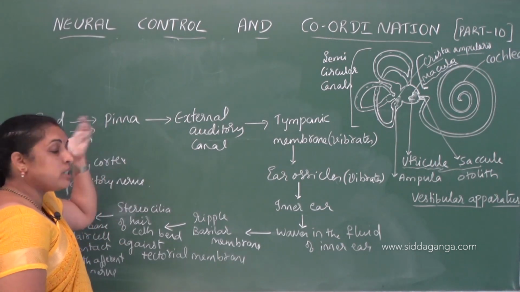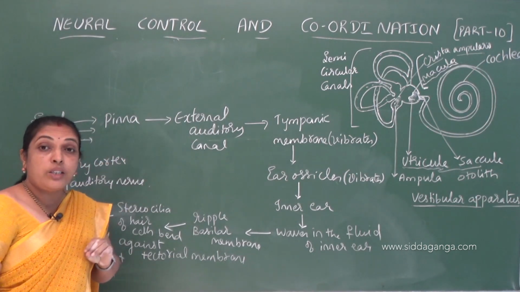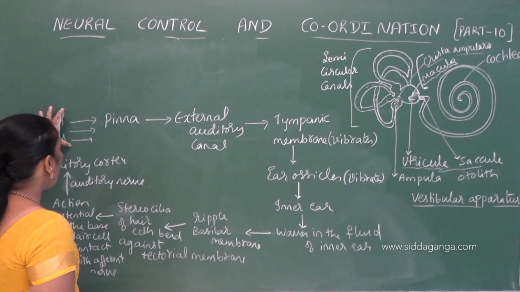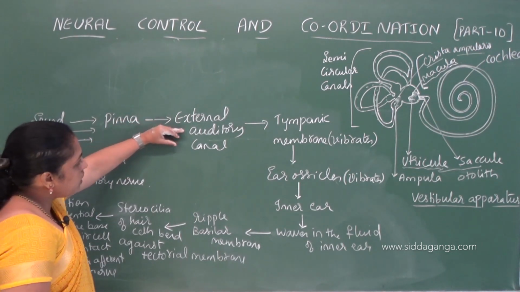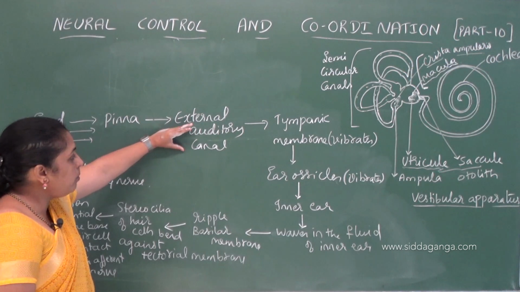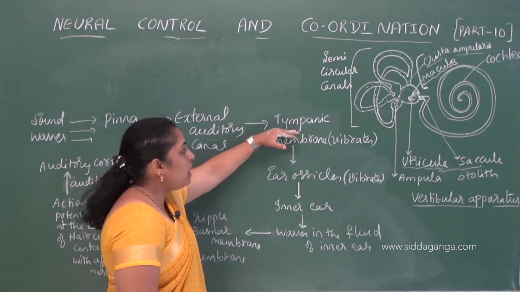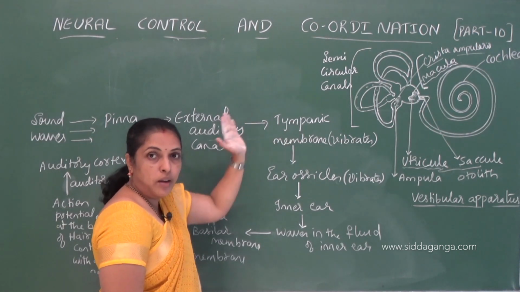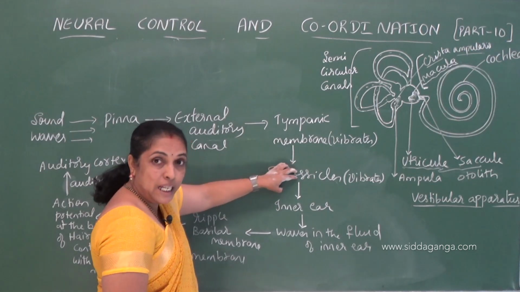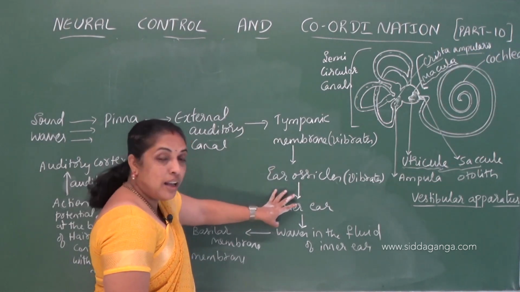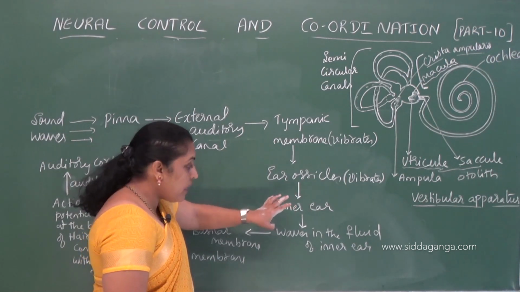but it collects all the sound waves and directs them to enter the external auditory canal. So when sound waves reach the pinna, they are directed to enter the external auditory canal or meatus, where they reach the tympanic membrane. Once they strike it, the tympanic membrane will start vibrating. Those vibrations are carried by the ear ossicles and transferred to the inner ear, and in the inner ear that